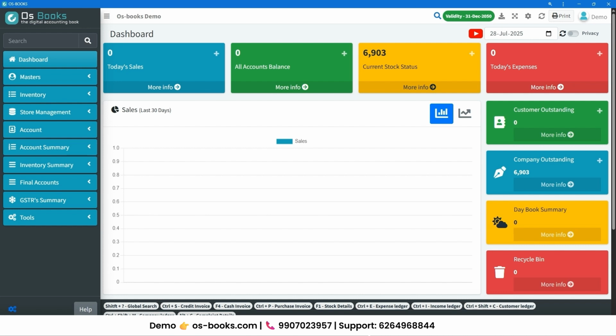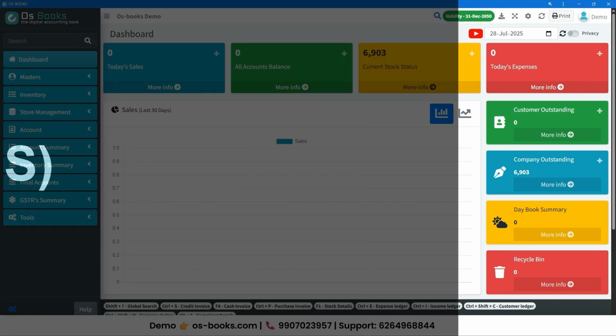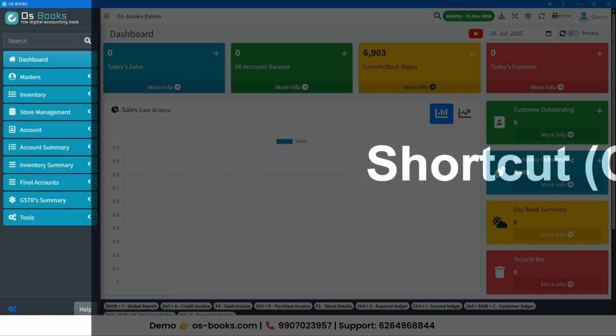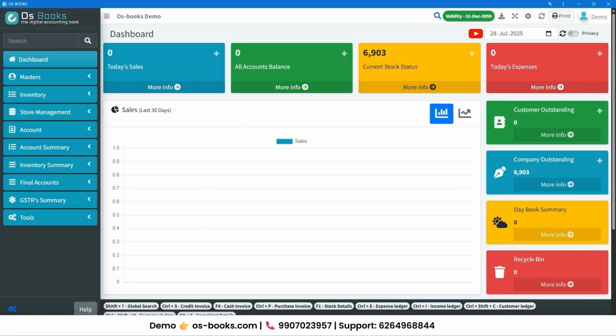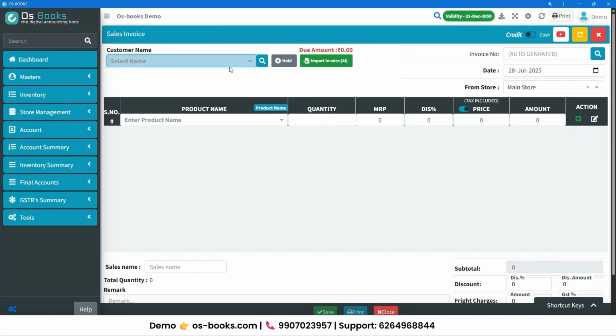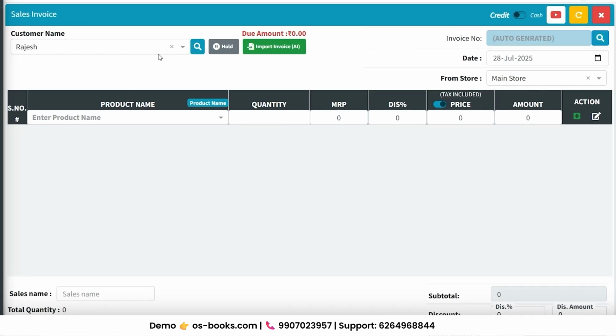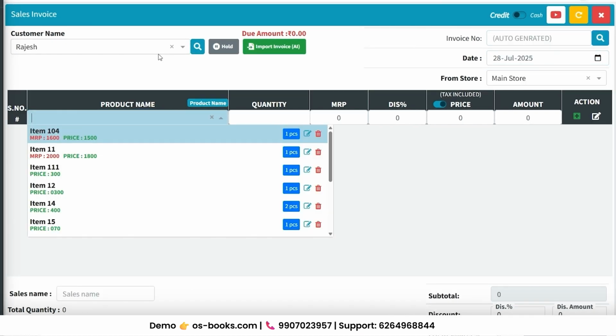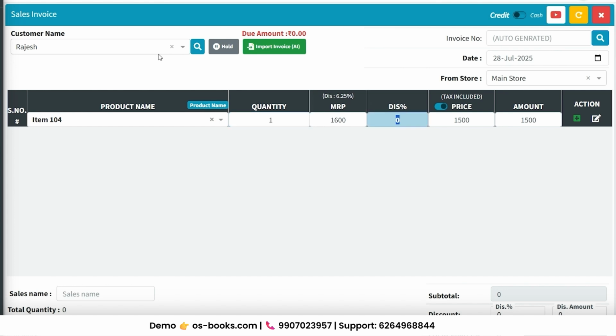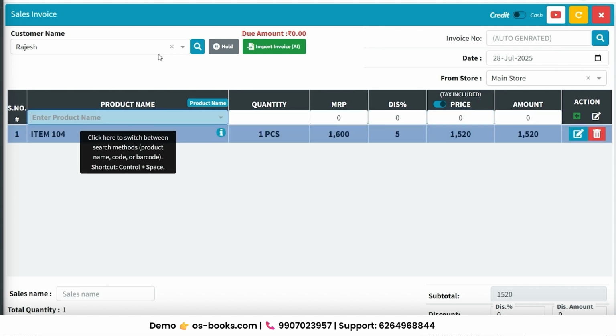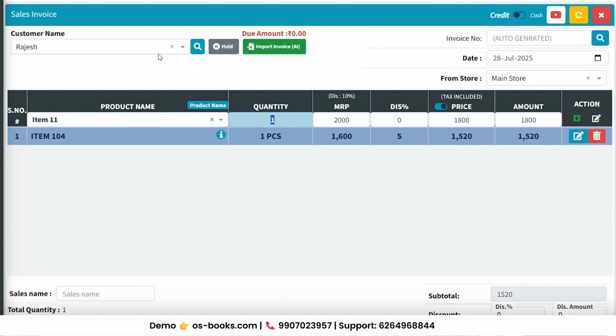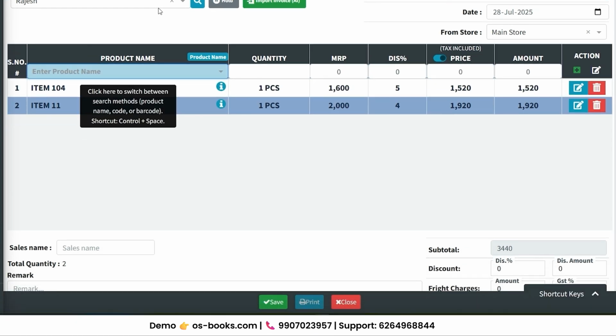step by step. For that, simply press the shortcut key Ctrl+S on your keyboard, and you'll land directly on the sales window. After that, just select the customer. Then press Enter to choose the product name, and keep adding items to the bill by pressing Enter. Once the items are added, just save the bill, either by clicking the Save button below or by pressing the